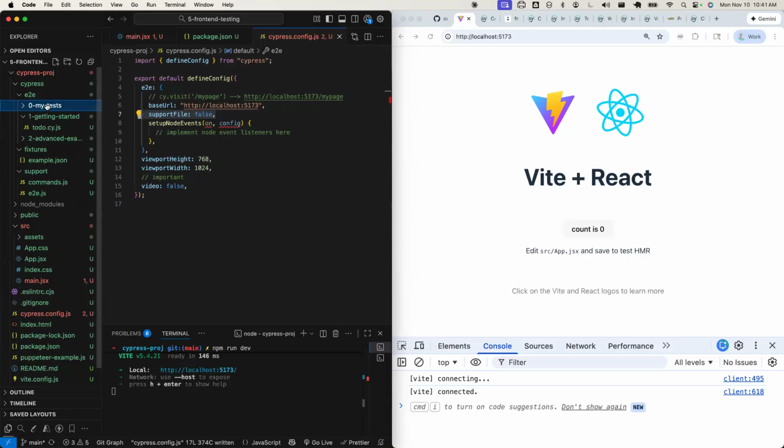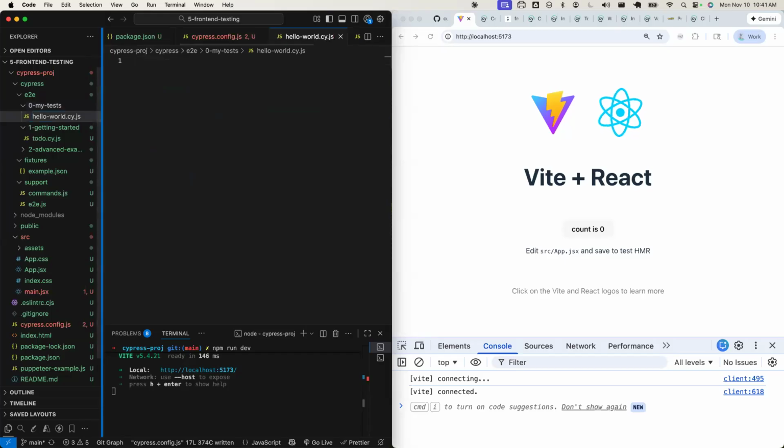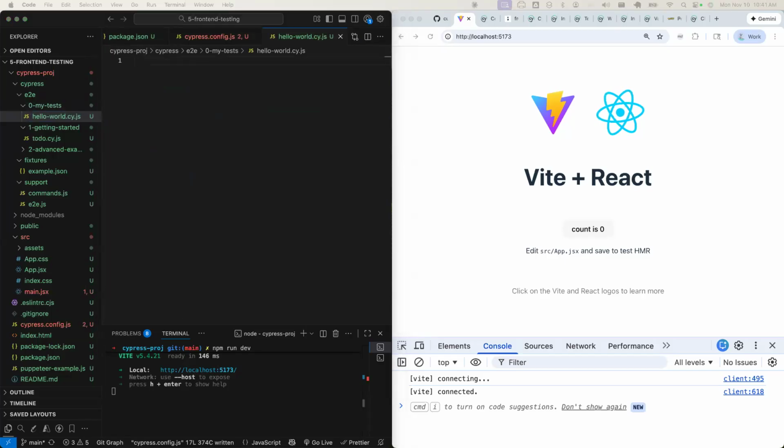And then I'm also going to create a file, and let's just say hello world. If I was testing something more specific, I would put the file name there. The important thing is I need to say .cy for Cypress to find this .js. And now that I've done this,